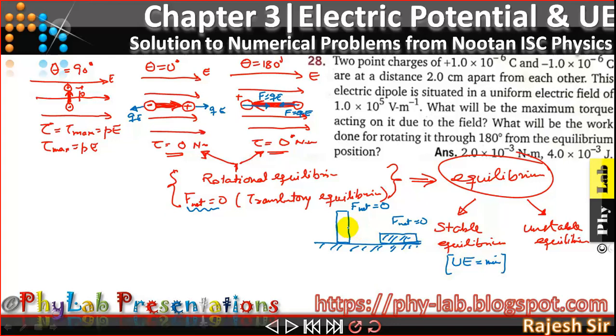Now look into this. Out of these two states, state 1 and state 2, which one has a minimum potential energy? In this particular example, the potential energy will be the gravitational potential energy. So let's try to find out the potential energy over here. Being a mechanical system, potential energy will be mgh. Now let's see, this is the center of gravity of this point and the height of this point will be something over here. So potential energy will be mgh1, let's say if this height happens to be h1.